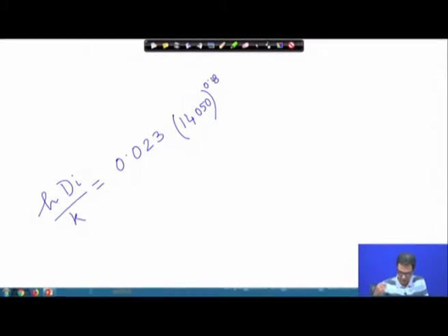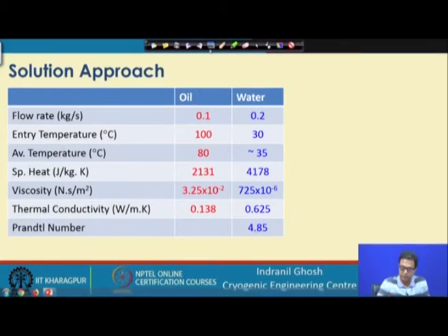How much was the Prandtl number? Let us go back and see. 4.85 is the Prandtl number. So, if we put all these values, we can obtain